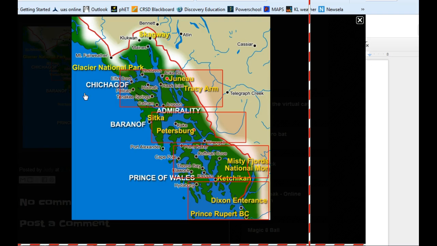So there's the map, and you can see all these little waterways. There's Glacier National Park. There's Juneau right there, Auke Bay, all these different places, you've probably heard a lot of these. Gustavus, Hoonah, there's Sitka, Petersburg, there's another national park, Prince of Wales Island. You can see there's all these little waterways that were formed a long time ago by glaciers. Then you have Ketchikan and so on, but you have lots of little waterways in here. Over on the far east, you have where those rainforests would be, even on some of these islands as well. Okay, so that's kind of the regions.